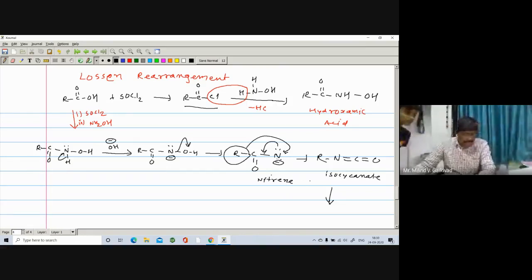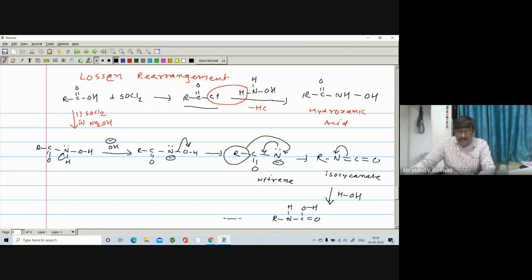So in the Hofmann rearrangement, in the Curtius rearrangement, and in the Lossen rearrangement, there is a formation of isocyanate. And further, if you react with water, then you can get the corresponding amine. So there is addition of water. This sigma bond will open on the nitrogen, N negative, C positive, and H positive will attack on this N negative. So you have R, N, here is C double bond O, here is O, and here is H, and here is H.